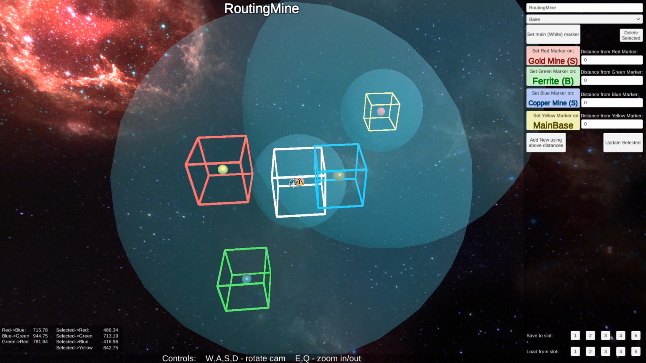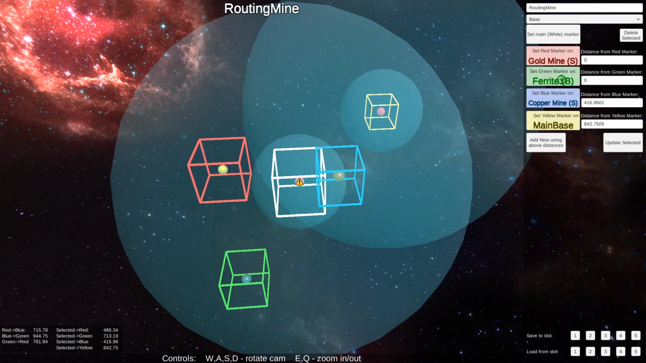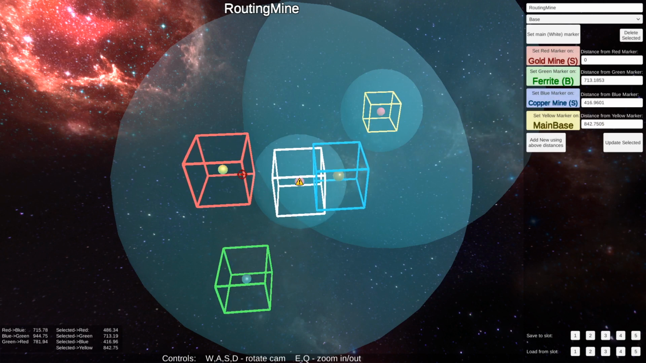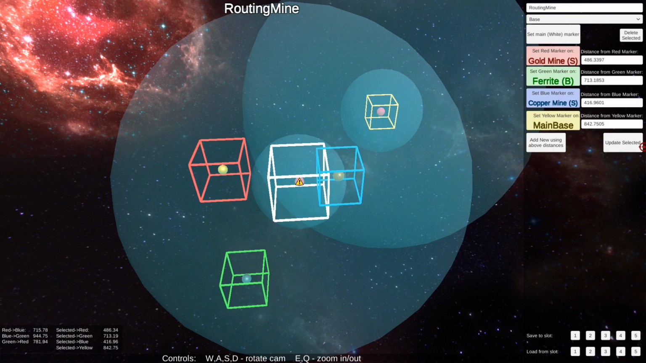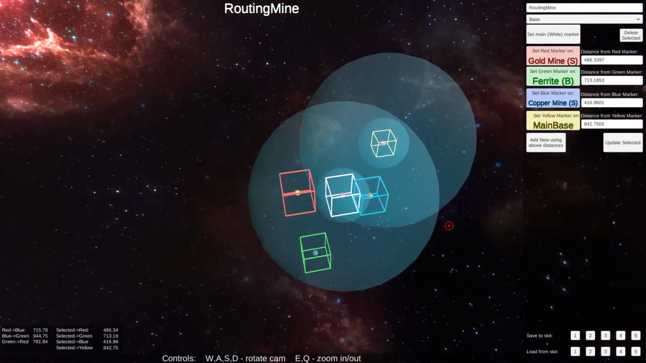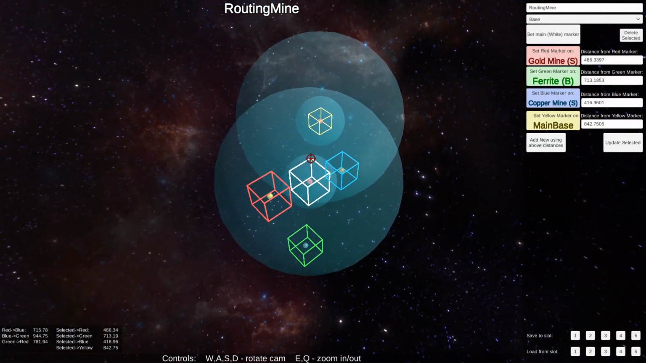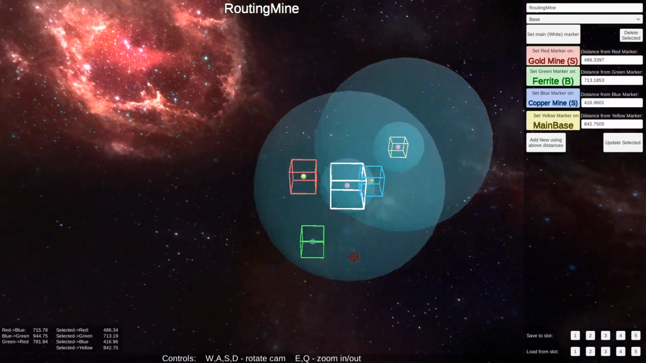So if you want to get rid of this and you want to really anchor it for good, you can just click on these again and it will report the actual distances it ended up at, and then you can update, and there you go. And this is how you can use the tool to find out where to place your bases such that they encompass different resources that you have